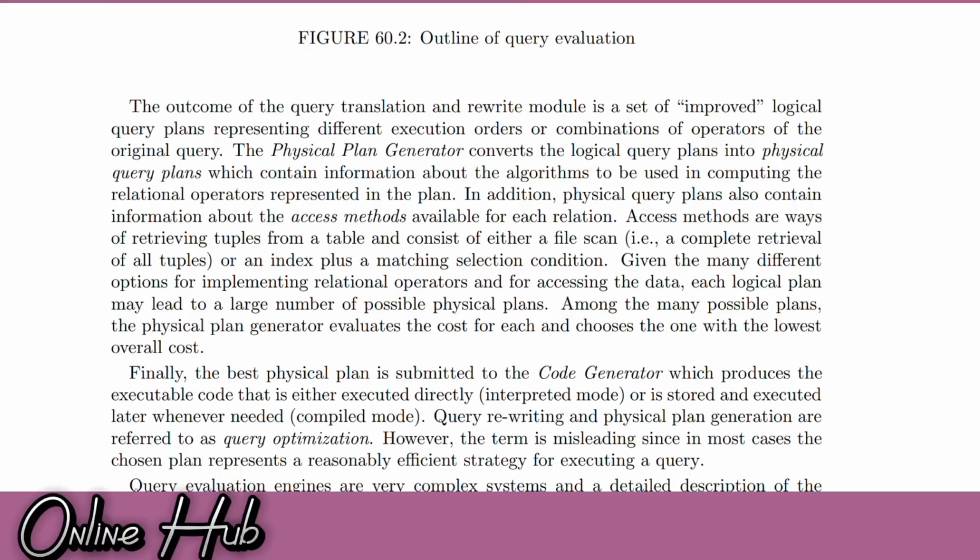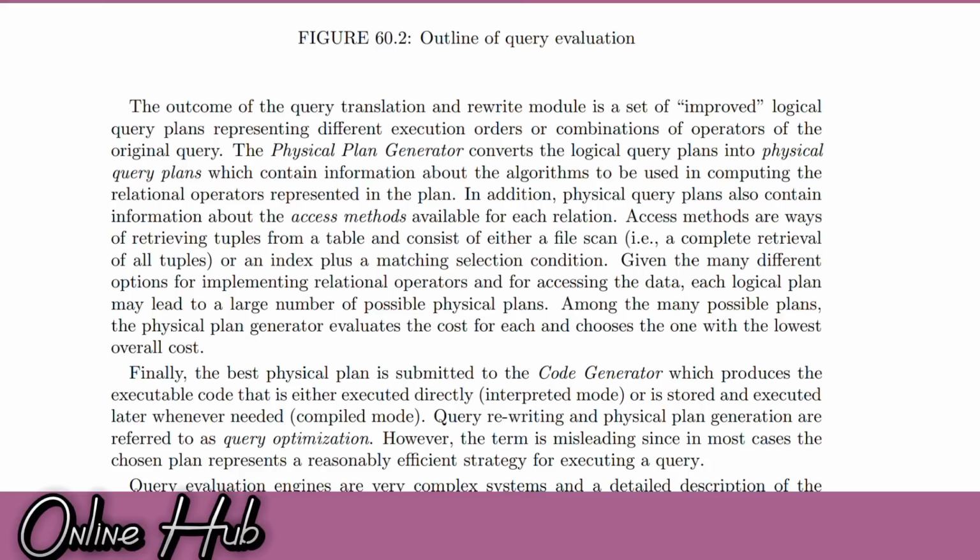The physical plan generator converts the logical query plans into physical query plans, which contain information about the algorithms to be used in computing the relational operations represented in the plan. In addition, a physical query plan also contains information about the access methods available for each relation. Access methods are ways of retrieving tuples from a table and consist of either a file scan, for example complete retrieval of all the tuples, or an index plus a matching selection condition. Given the many different options for implementing relational operators and for accessing the data,